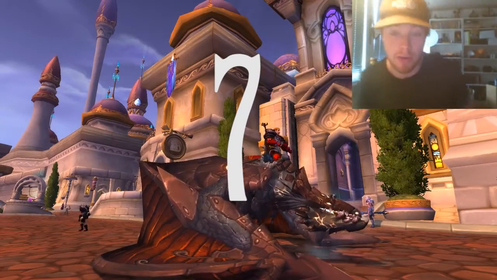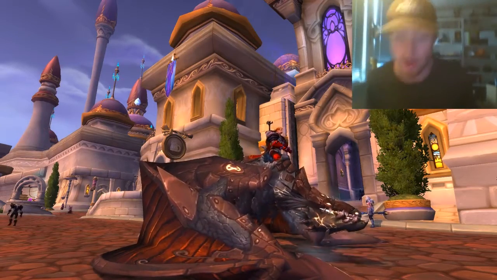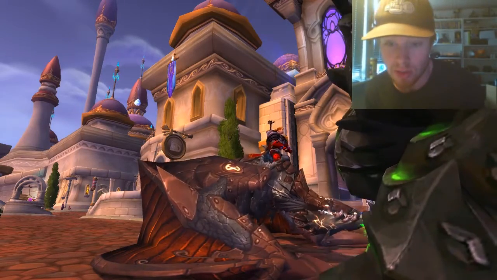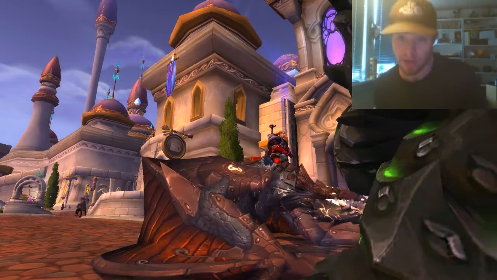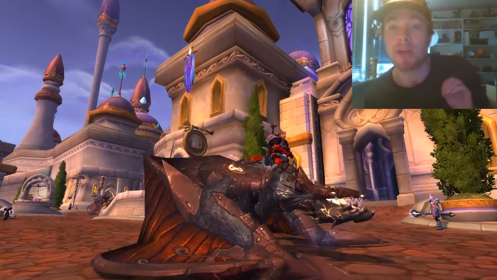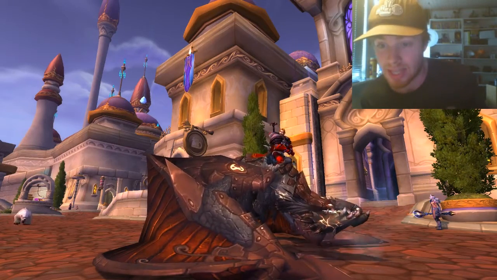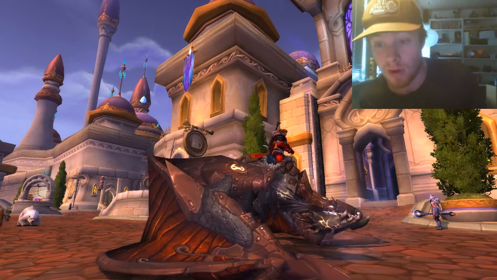On the 7th spot, we have 2 mounts. We have the Rusted Proto-Drake and we have the Ironbound Proto-Drake. These are awarded for doing the Ulduar raider achievements. On 10 man, you get the Rusted, and on 25 man, you get the Ironbound. And they're actually extremely easy to do now. None of them is difficult at all because it was the second tier of Wrath of the Lich King,